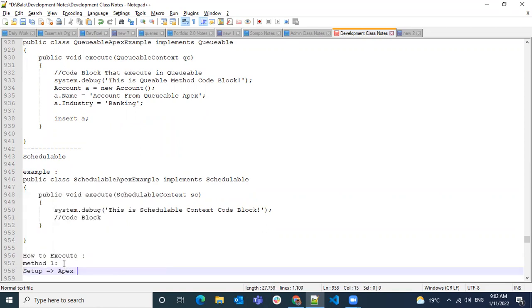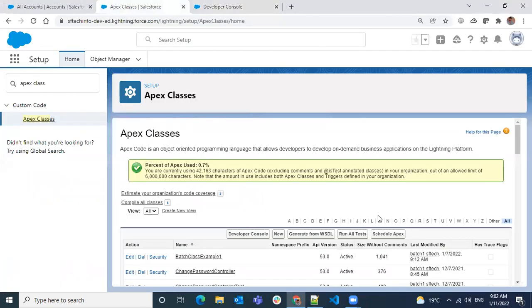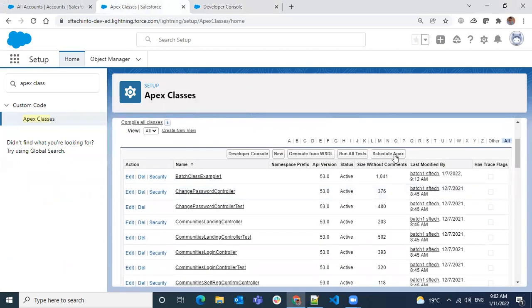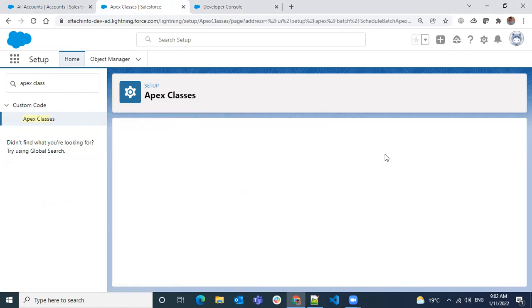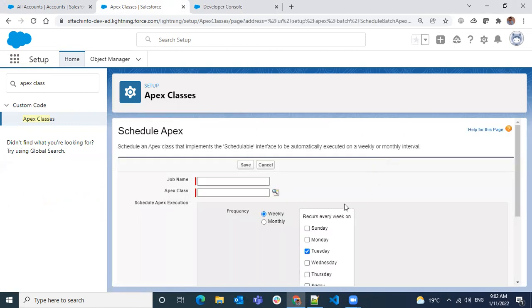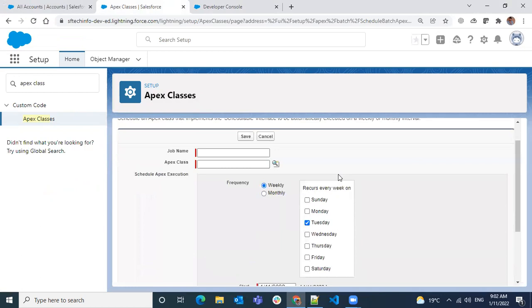Setup, Apex classes, and then go to the Schedule Apex button. So you see the Schedule Apex button. Once you click on the Schedule Apex button, you will jump onto the Schedule Apex page where